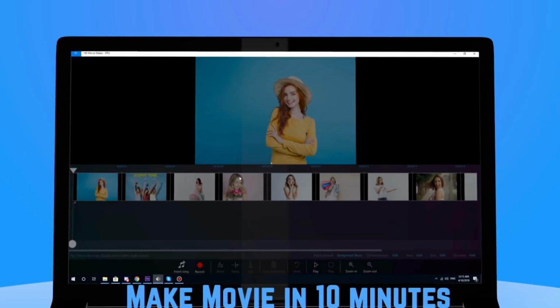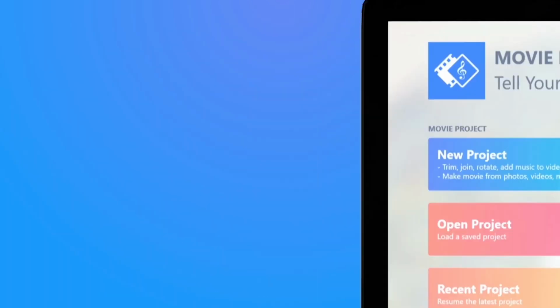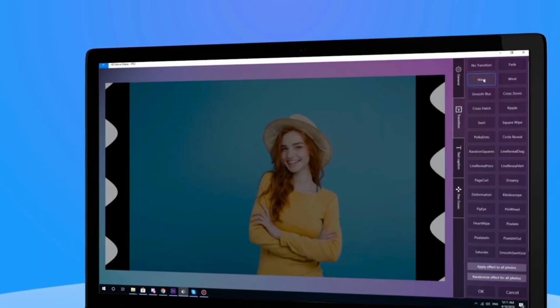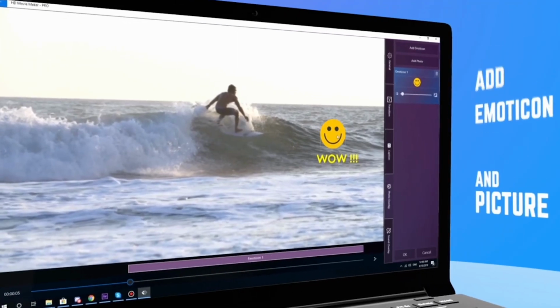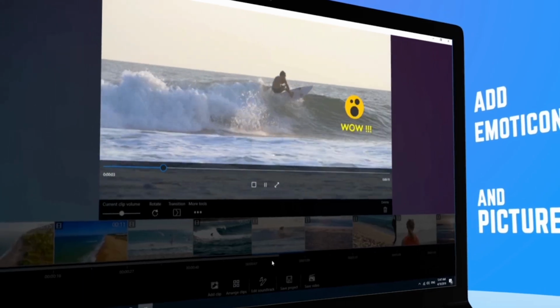Windows Movie Maker is a basic video editing software for Windows users. It offers straightforward editing features like trimming, adding text, and transitions. While it's not as advanced as some of the other software out there in the market, it's a good choice for beginners. Now, just like iMovie, it has the same drag and drop feature that helps you stay organized and learn where your clips are, like I said, in the timeline.